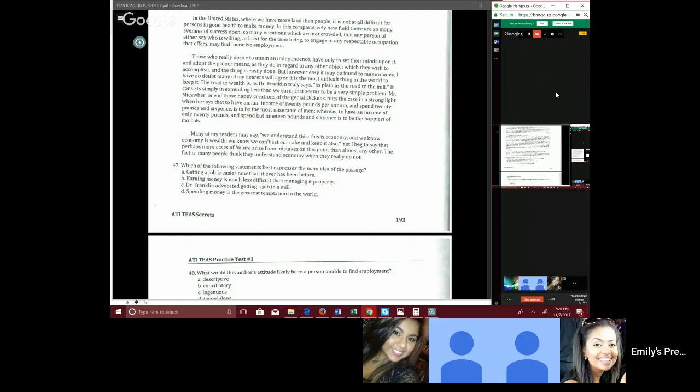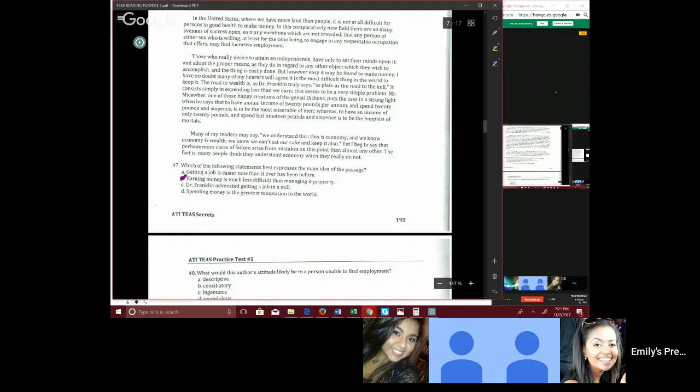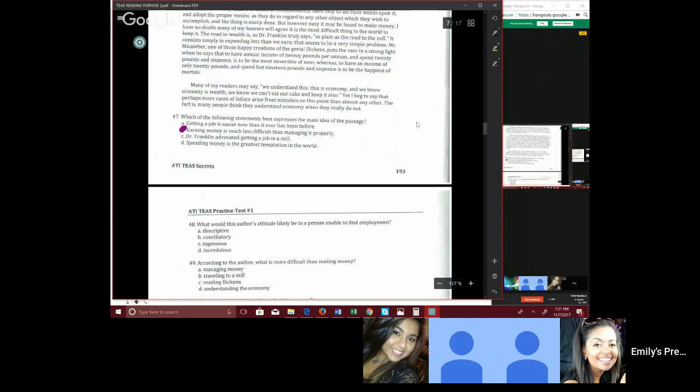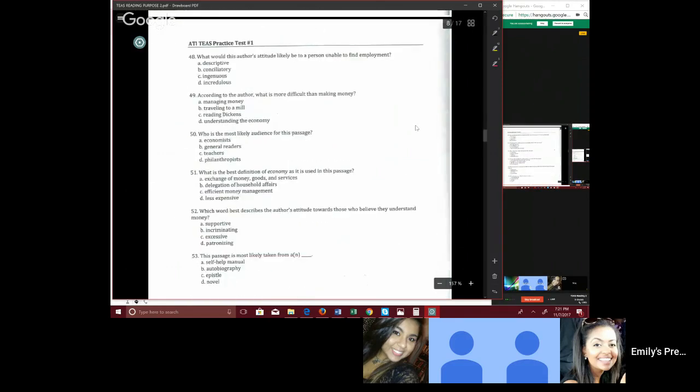So 47 asks for the main idea of the passage. Of course, we go more into main idea in reading 1. So the main idea of this one is that earning money is much less difficult than managing it properly, and that's choice B. 48 says, what would this author's attitude likely be to a person unable to find employment? So this is kind of a perspective switch where we're looking from the perspective of the person who can't find